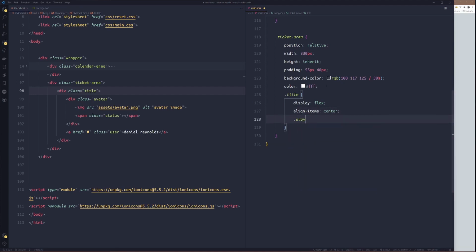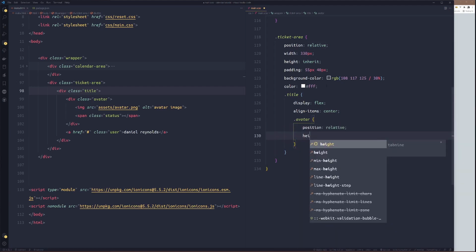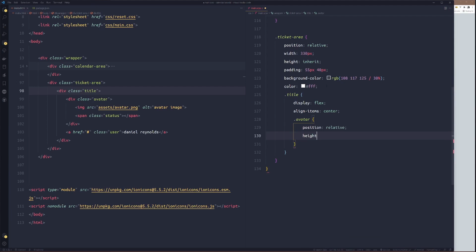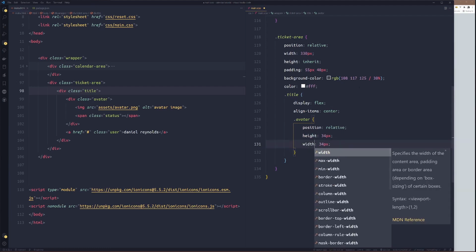Then we'll target the avatar. We'll set position to relative. Then we'll set the height to 34 pixels. Same for the width, so just duplicate, then rename this to width.